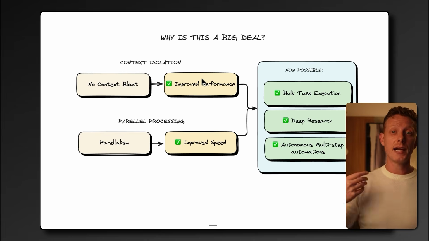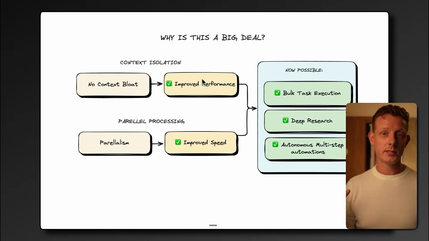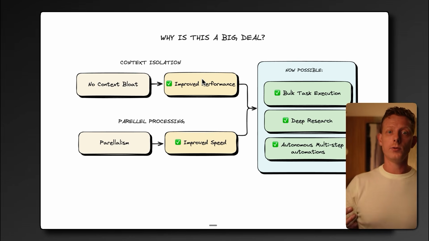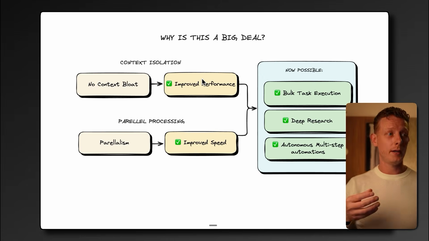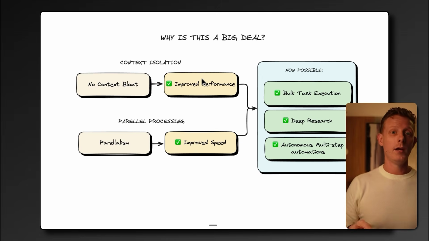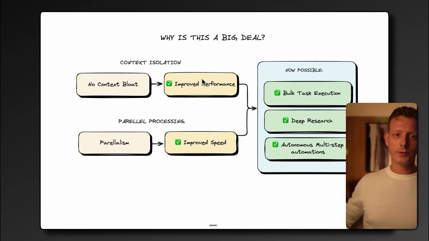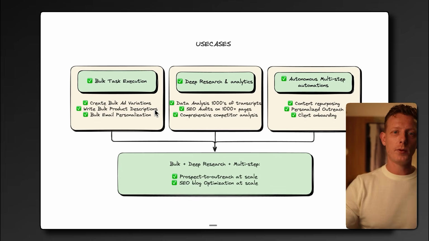And because of this, we can actually start using Claude Cowork for these bulk task executions, for deep research tasks, but also we can start using it for these autonomous multi-step workflows. And these 3 things together make it a lot more powerful, and it becomes much more like an automation tool comparable to N8N or Make.com. Now, we're not completely there yet, which I'll get to later in this video,